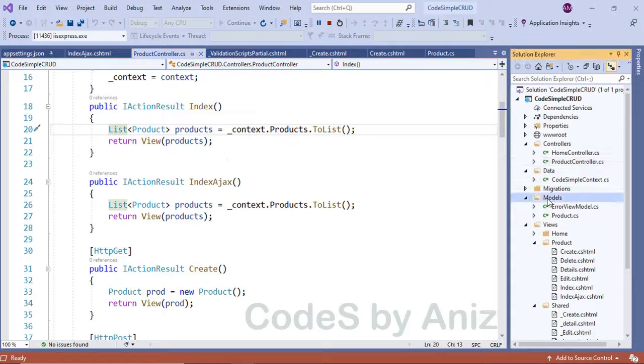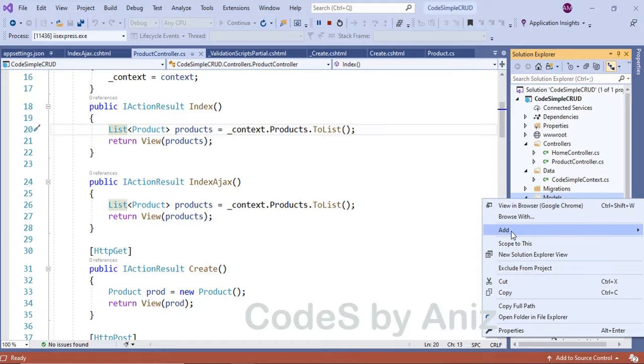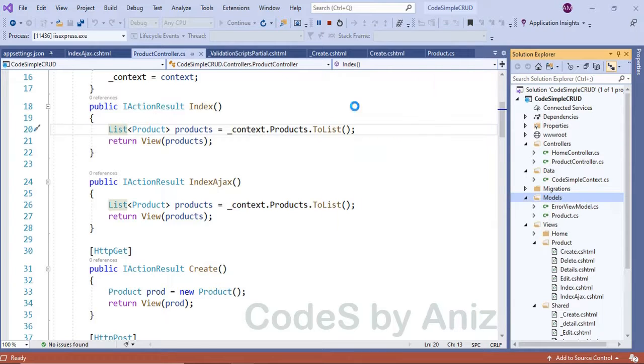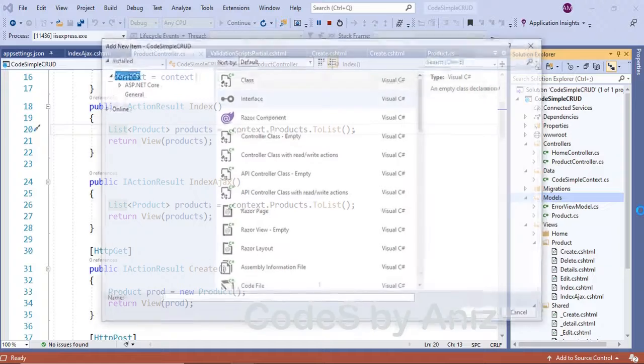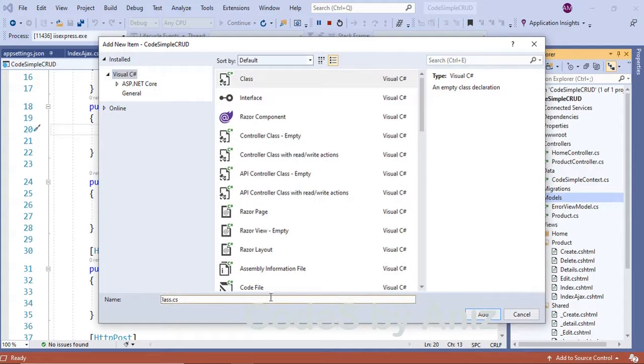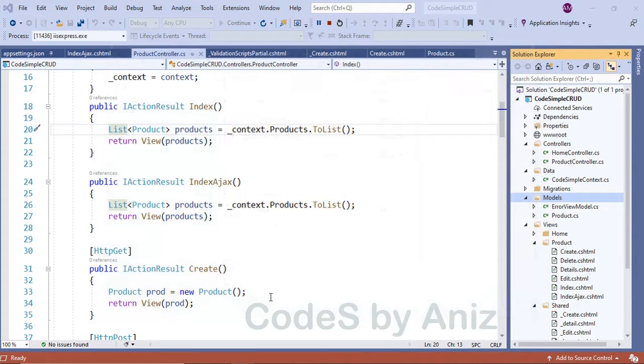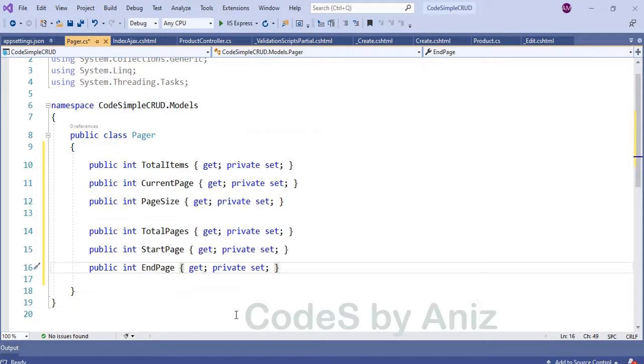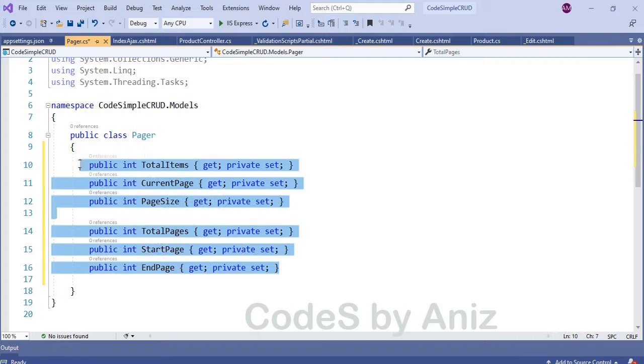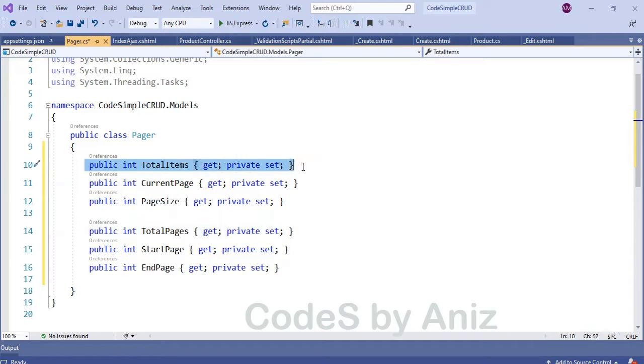First and foremost, we need to create the pager model class. Right click the Models folder, click Add, then click New Item, then give the class name as Pager.cs and then click Add. Now I have added 6 properties to our Pager class. Notice that I have made the property setter of all properties private. This is one way of making the properties read only and I like this approach. Let's see all the properties one by one.